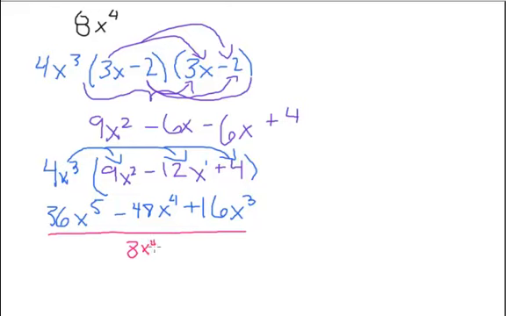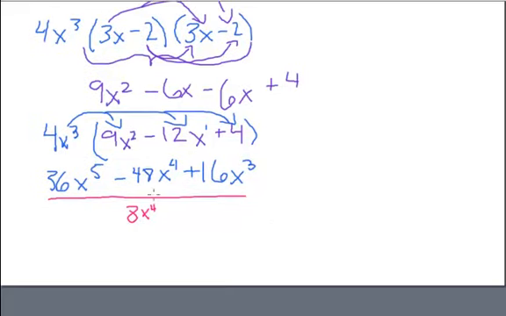And remember, when we divide a polynomial, or a trinomial to be specific, by a monomial, the best way to approach it is to cut up your polynomial into individual monomials. So that's what I'm going to do here. I'm going to have 36x⁵ over 8x⁴